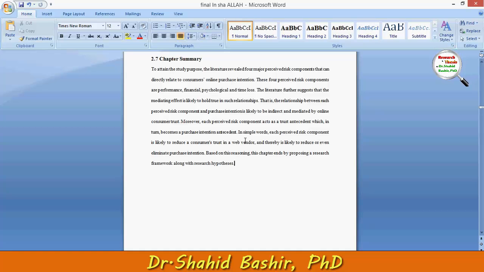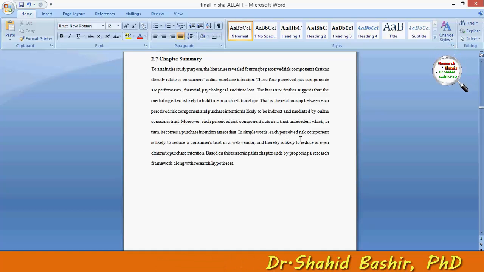In simple words, each perceived risk component is likely to reduce a consumer's trust in a web vendor and thereby is likely to reduce or even eliminate purchase intention. Based on these reasonings, this chapter ends by proposing a research framework, or you can say the conceptual framework, along with research hypotheses. So this is the end of this chapter.